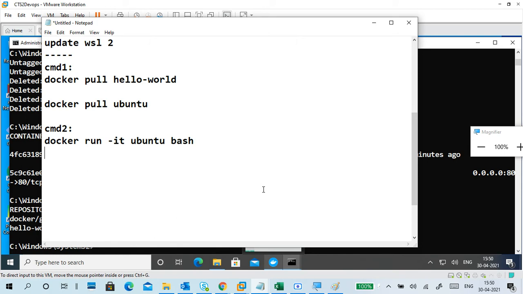I downloaded the Ubuntu image in Docker and I'm running Ubuntu containers with Docker. I didn't install Docker in Ubuntu. I installed Docker on my Windows 10 and downloaded the Ubuntu image in Docker and am running Ubuntu. Okay, very good question. Otherwise I would confuse and miss that part.